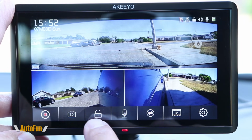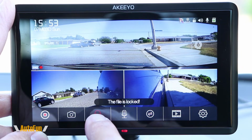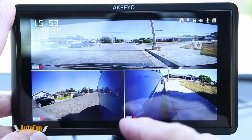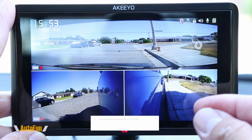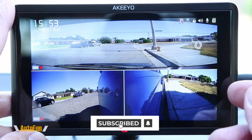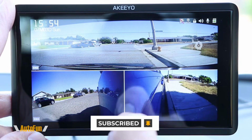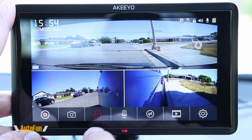And then we have a lock icon. If I press that lock icon, we are flagging the video that's being recorded right now because we're telling the dashcam something special happened. I want to find that video a lot easier in the future. Perhaps we see a suspicious person passing by. We can flag that video, and that will make it a lot easier for us to find it in the